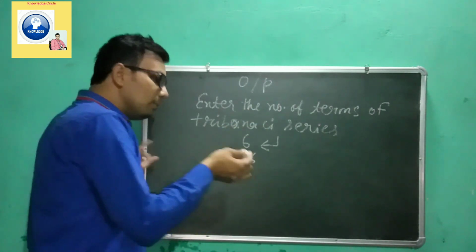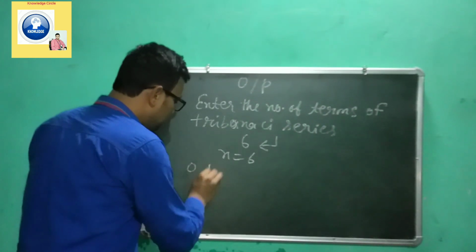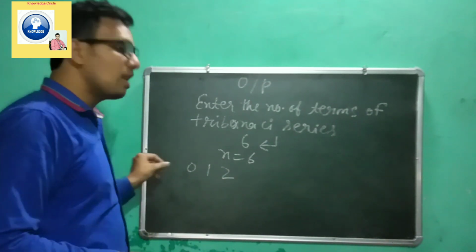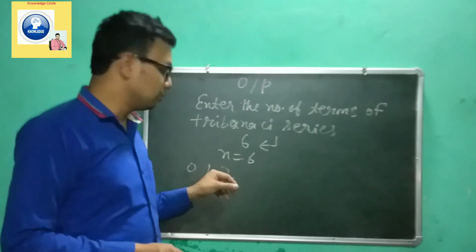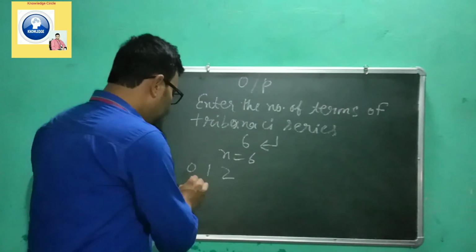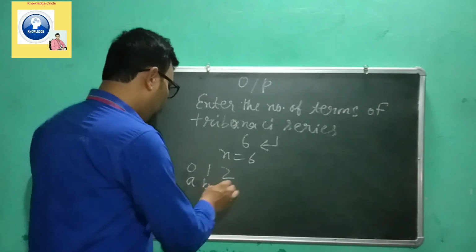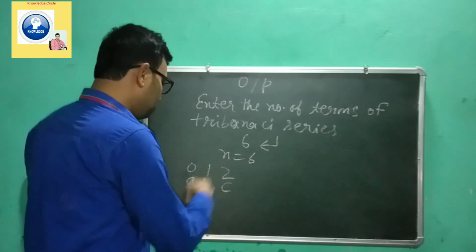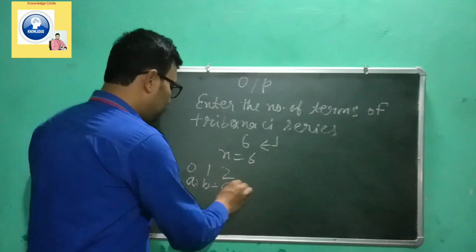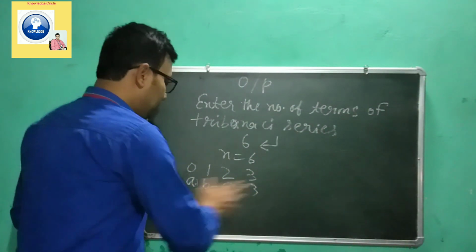Okay. Before the loop, we are printing three values, that were 0, 1 and 2. Now the loop starts from 4 and it will run up to 6. So 4, 5, 6. What will happen? Let me tell you. The value of A is 0, the value of B is 1, and the value of C is 2. Let's add it all. What will it be? 3. So when it gets 3, 3 will be printed.